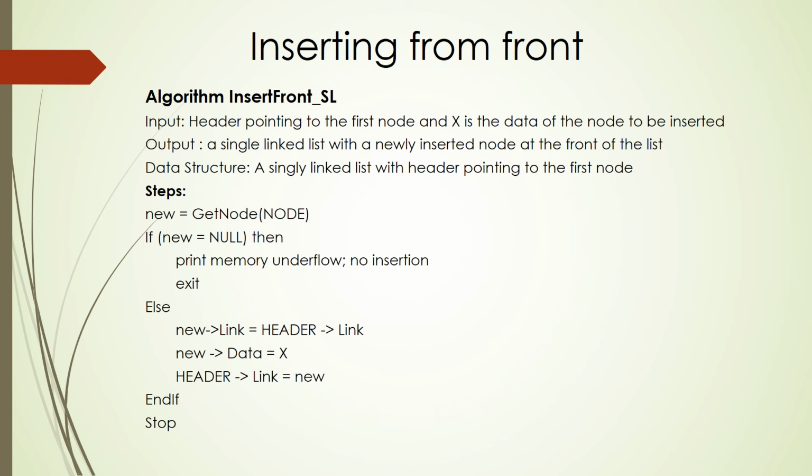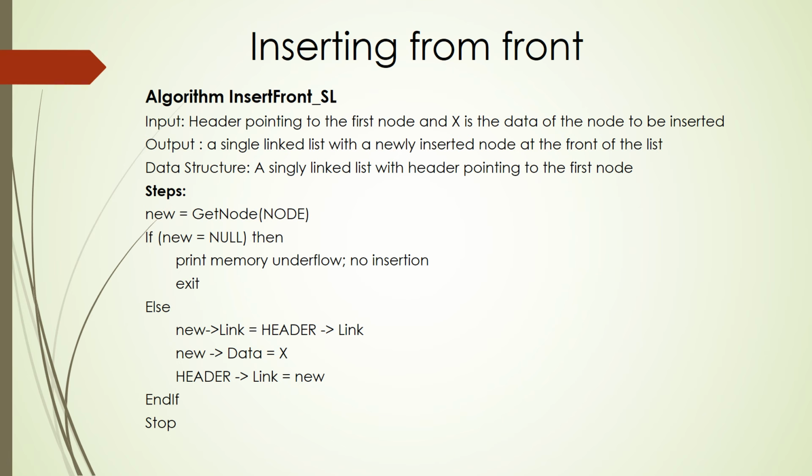If you could successfully assign a valid address for new, which means out of the whole memory, you could find a position where you can find some room for the newly created node, then there will be a valid address associated with new. So new is having the starting address of the memory location which is currently assigned for this newly created node. So new is having a valid address. So the if condition fails and you will go to the else part. Okay, what has to be done?